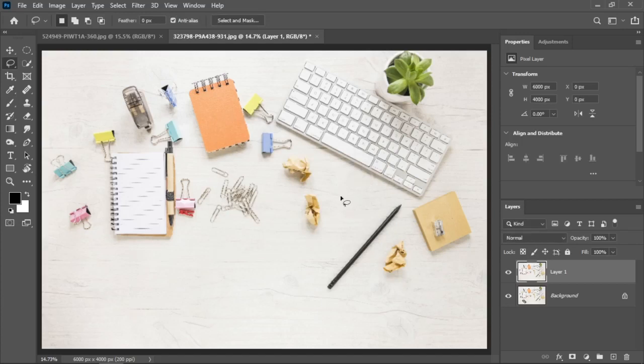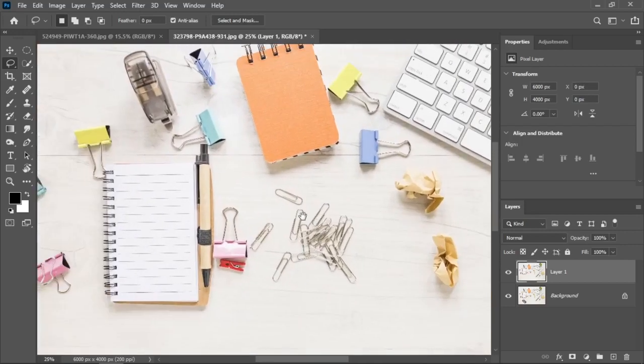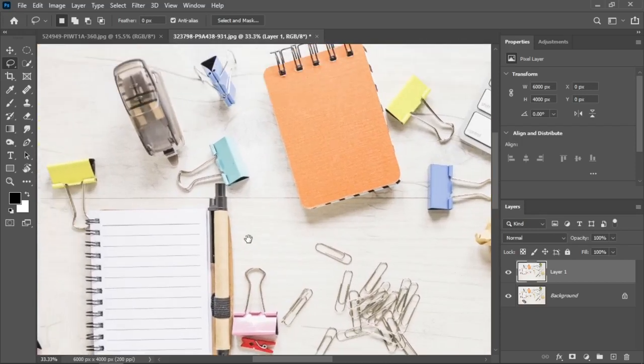But this can cause problems if you try to remove things which are very close to each other. For example, if I just zoom in over here and say I want to remove this or this, as you can see all three of these things are almost connected together, like they are very close to each other.